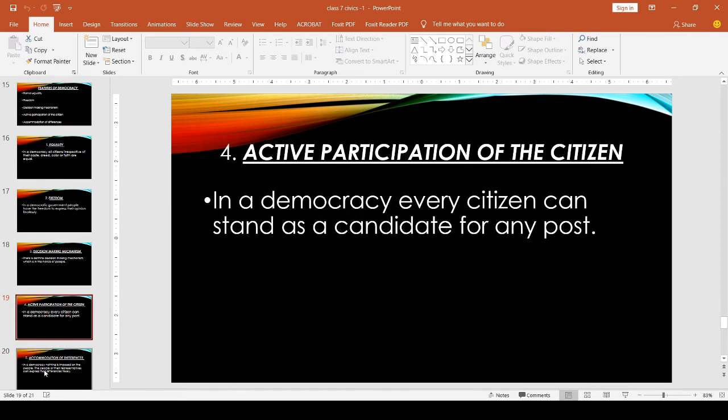In a democracy, we can see that citizens can stand as a candidate for any post, like prime minister's post, president's post, minister's post, etc. There is full freedom to stand for any post, but they must have a majority. Without a majority, they can't hold any of these posts. So they can stand for any post, but in a dictatorship, they cannot